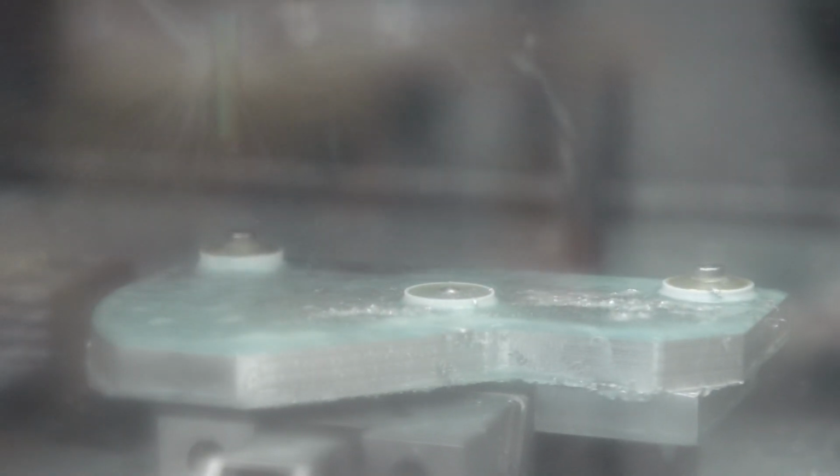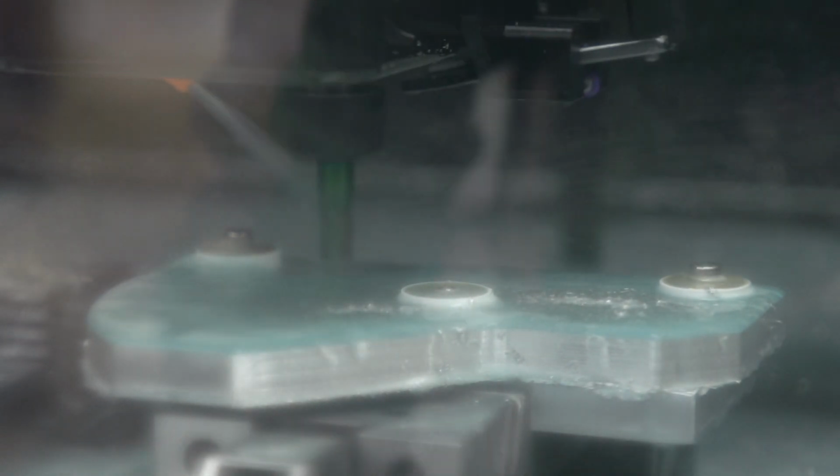And final profile passes. This is a 1/2 inch end mill, standard end mill. It's taking off about 1 millimeter. Again, not too aggressive. And I think it's doing about 3 passes. I gotta figure out this program a little better to...